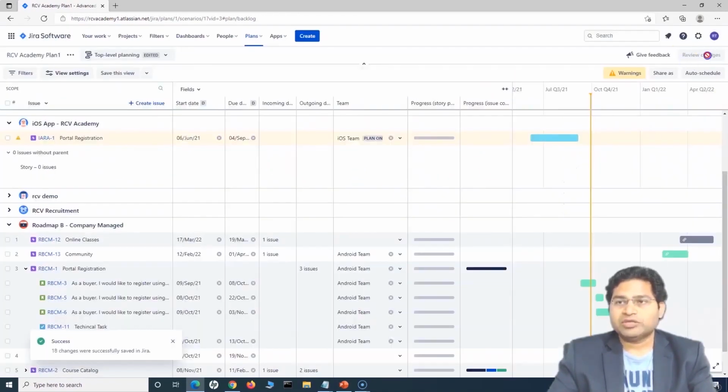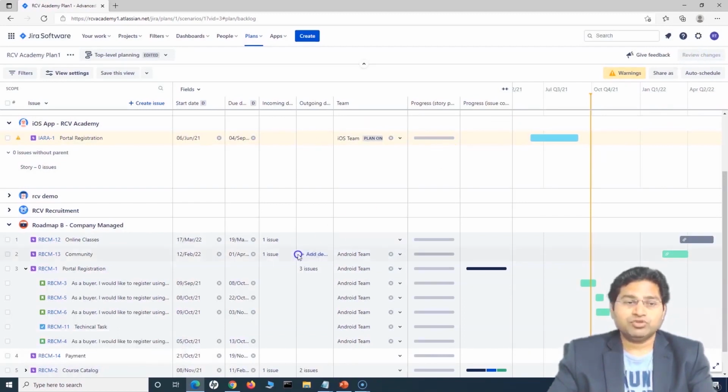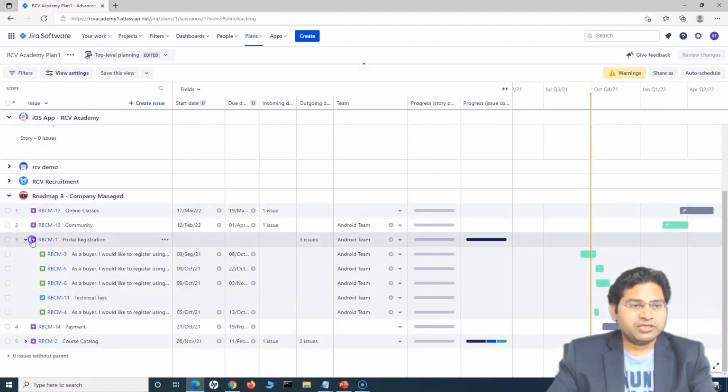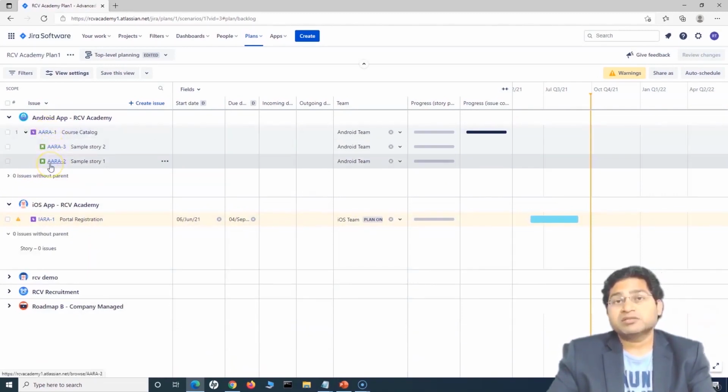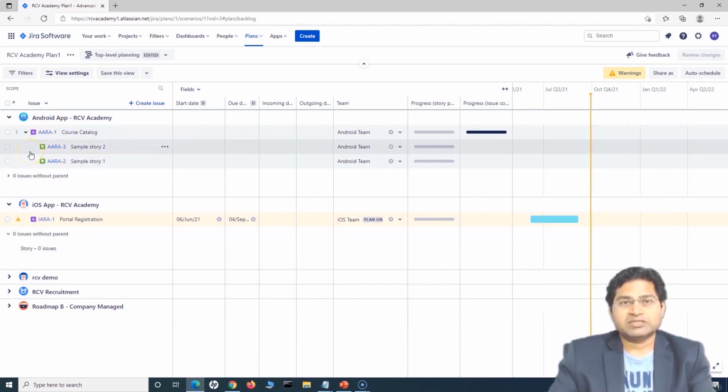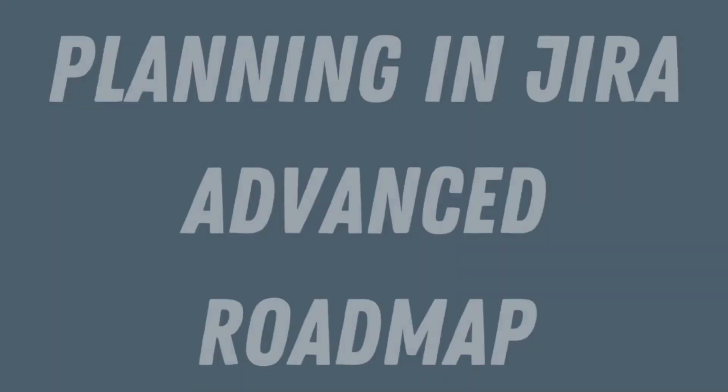Okay, so you won't see any of the changes that need to be addressed once this saving happens. So you'll see now there is nothing, no warning as such, or no update, or no notification for the review changes. Okay, and if you see here the Android app, now you will see these issues are having the numbers. That means they are being saved into Jira, and now this is in sync. This plan is in sync with the Jira issues. Okay,